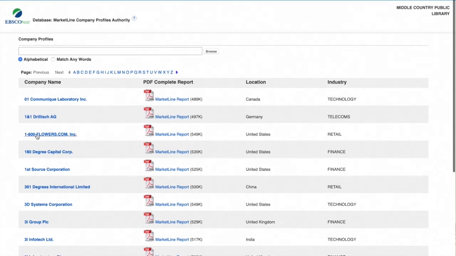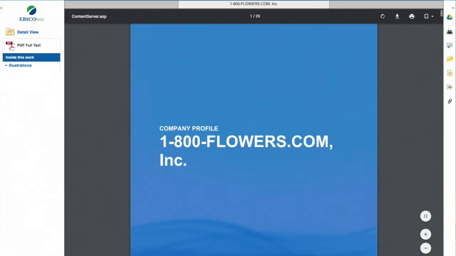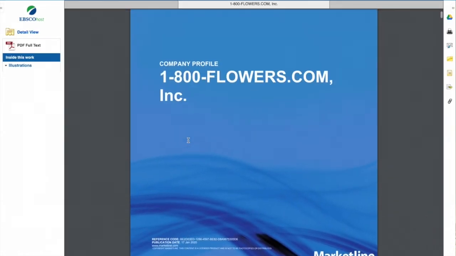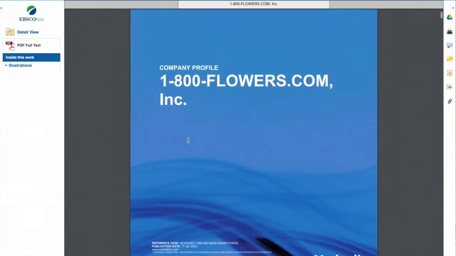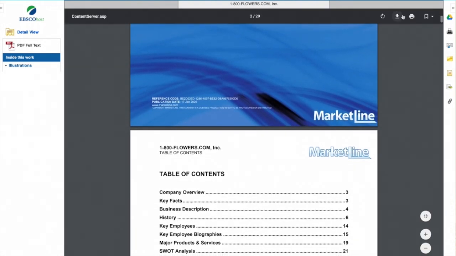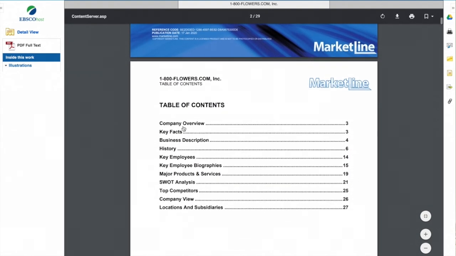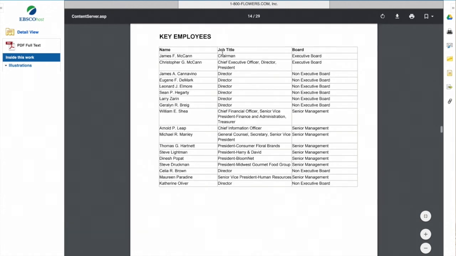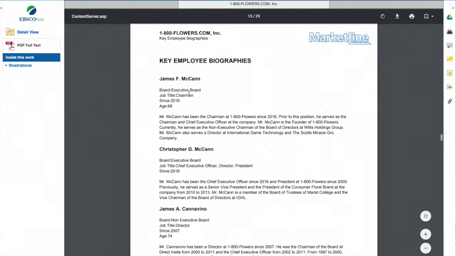Different types of industries in different countries. Now, I'm going to pick one of our local businesses here because it just happens to be right up front. That's 1-800-Flowers. If we click on the MarketLine report link here, we'll be brought to the report. You can see this particular report is 29 pages long, and again, you can download this or print it. It will have a table of contents that is clickable, so it's hot linked directly to where you want to go. You'll see there's going to be key employee information here where you have their job title, their names, biographies